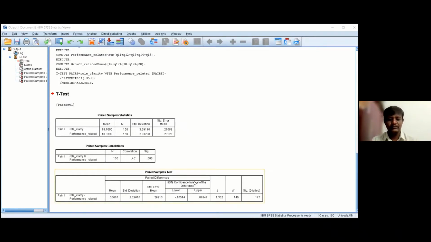So let me tell you how to prepare one table which will include all these 3 tables. For that, we can open an Excel sheet. I have opened an Excel sheet.